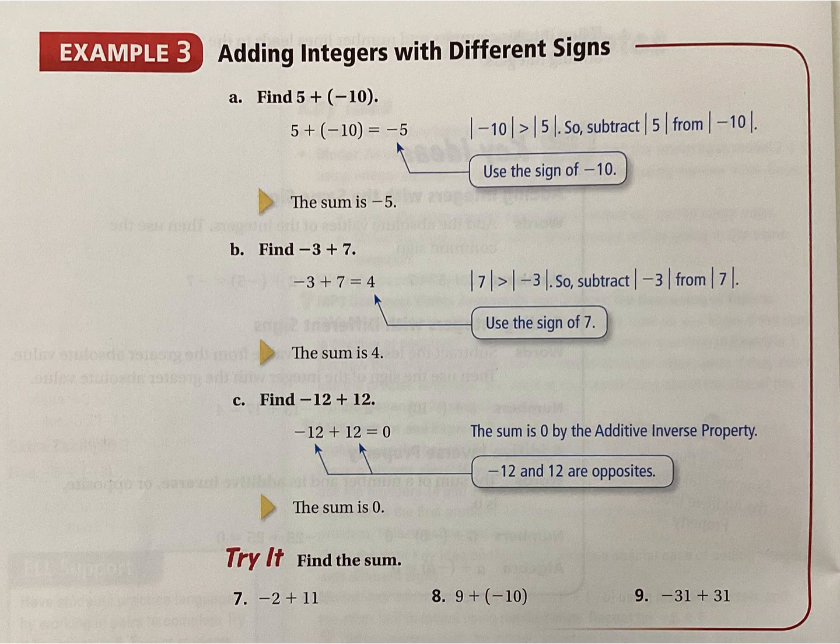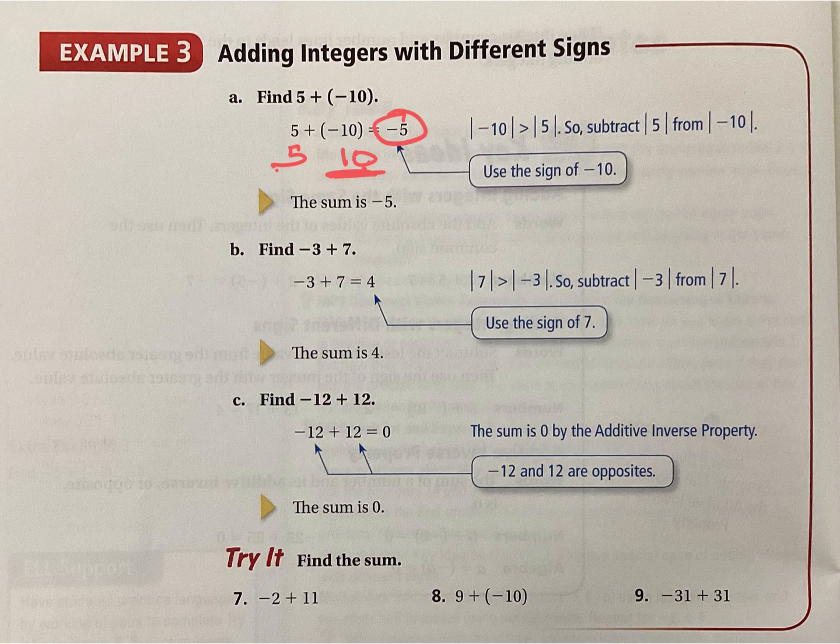Adding integers with different signs, here's where we have to think a little bit more. So in example number 3, we have 5 plus negative 10, and we want to find the absolute value of both of those. So this is 5 and this is 10, and then you take the smaller away from the bigger, so you take 5 away from the 10. It leaves you with 5, and then you have to see which one is greater absolute value. Well, this 10 is greater, so that's the sign we're going to use. So it ends up being a negative 5,